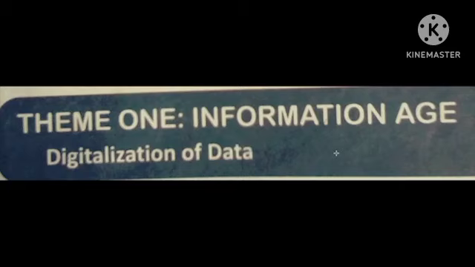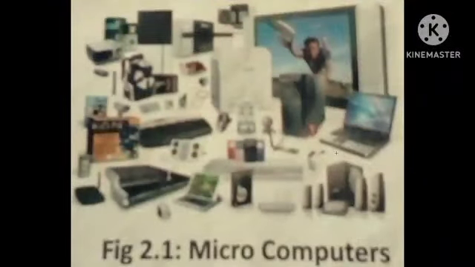Now there are different types of devices that operate on this digital technology. Examples of those are your microcomputers. These microcomputers are the small gadgets we see in our world today, like your laptop and all these devices. The laptop is also a digitalized device because it can perform operations without readings on a counter. So these are digital devices you can see on the screen here.